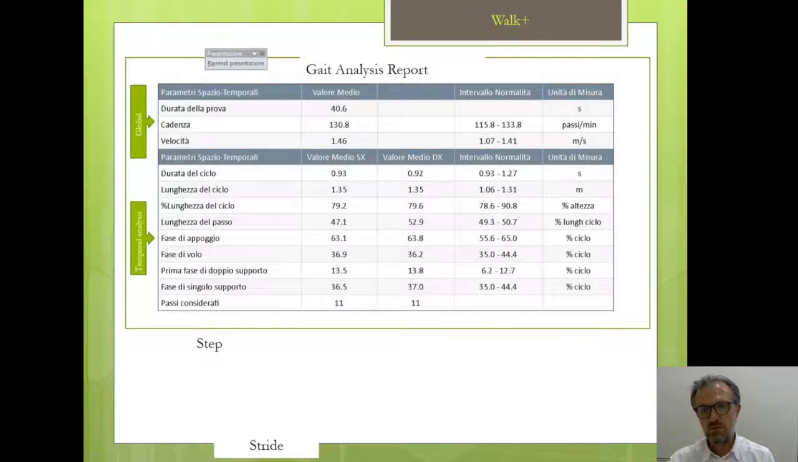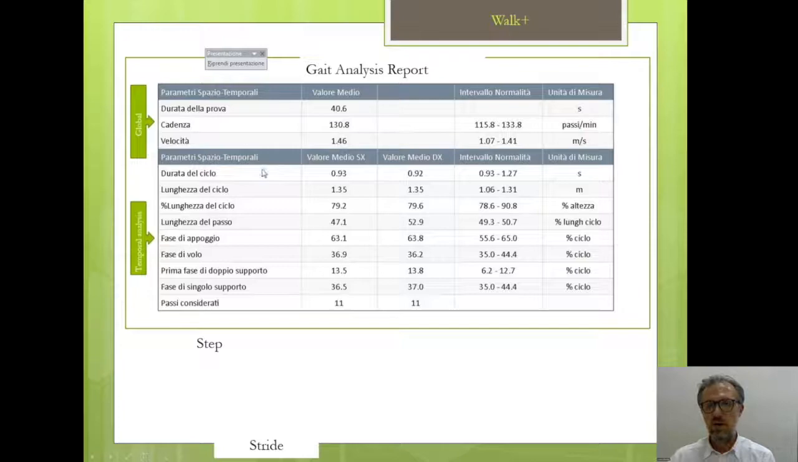As I was saying just before, I do apologize for some Italian words, but we can have a global assessment in our gait analysis report. We can have the duration of the trial, 40 seconds in this case. We can have an assessment of the cadence, 130 strides per minute. We can have an assessment of the gait speed,